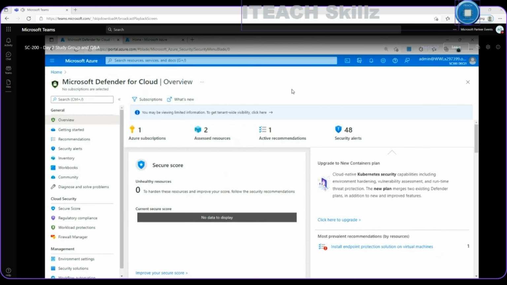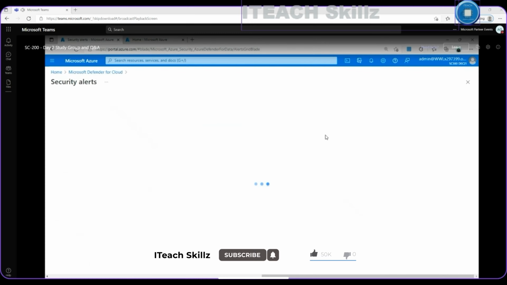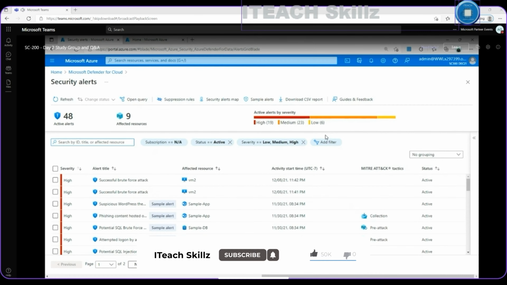Cloud. Now, I can see how many subscriptions I have associated with this, the number of assessed resources, the number of active recommendations, and the number of security alerts detected from suspicious events. I can click on all of this information to